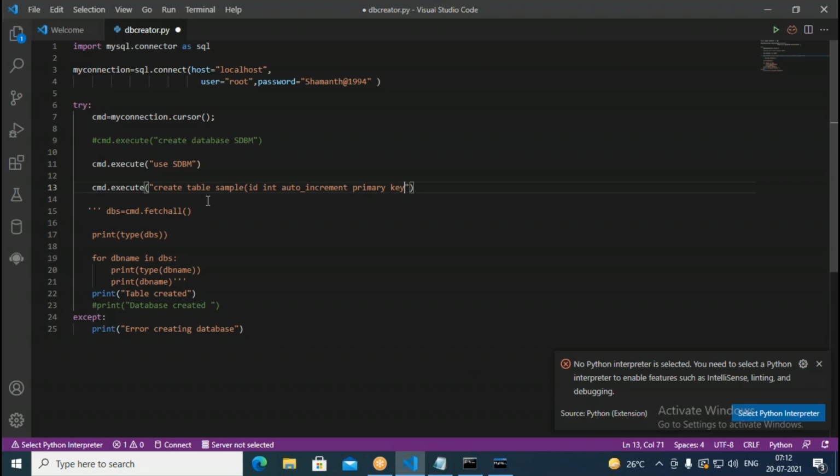Okay, so here I'm defining a table like this: ID, then followed by name, varchar 100. This is some sample table I'm creating here. I put a semicolon here. Then when I run this, it should create the table, so it should print table created for us. Now let me save this and try to run from the command prompt.